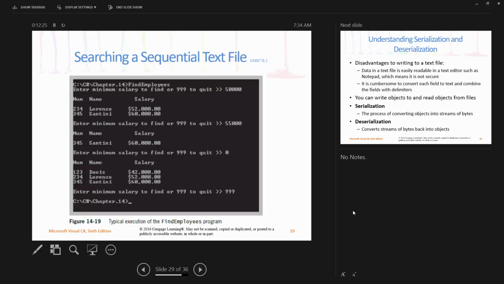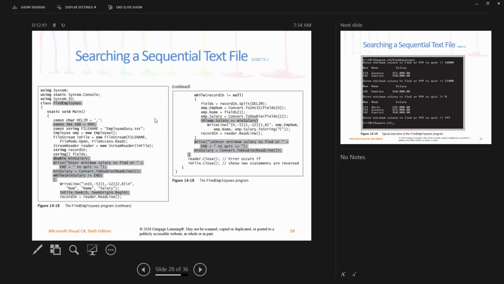So reading from a text file is similar to writing, but you still use file stream, but rather than stream writer, you use stream reader. And they show you the syntax for it right here. And here's an example. So if we already had that file that we created previously right here,